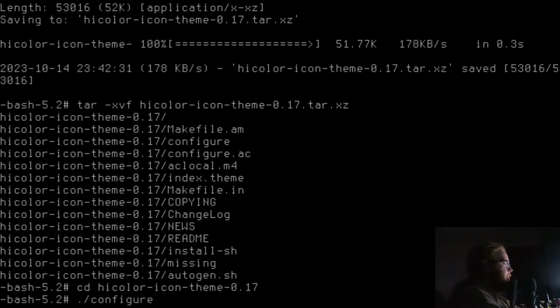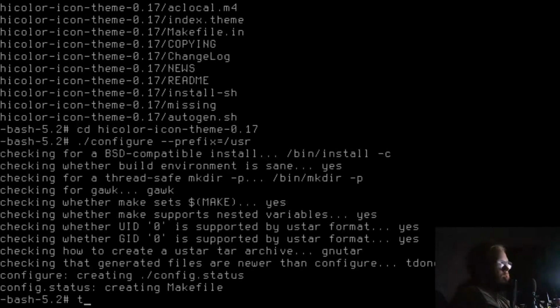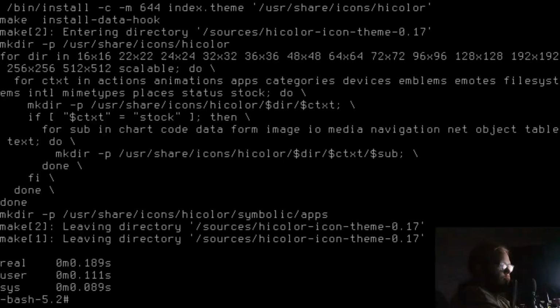./configure --prefix=/usr, then make install.